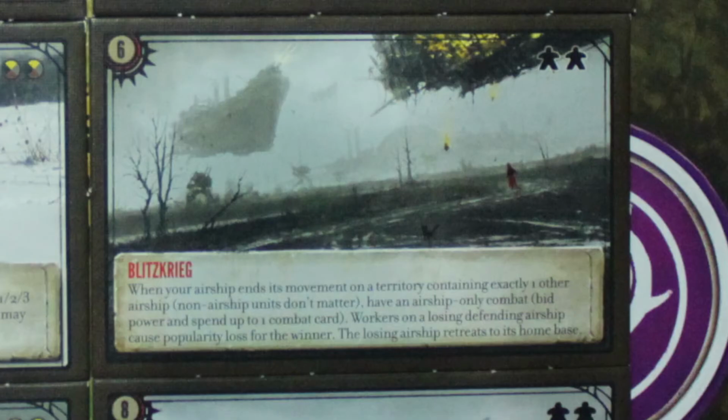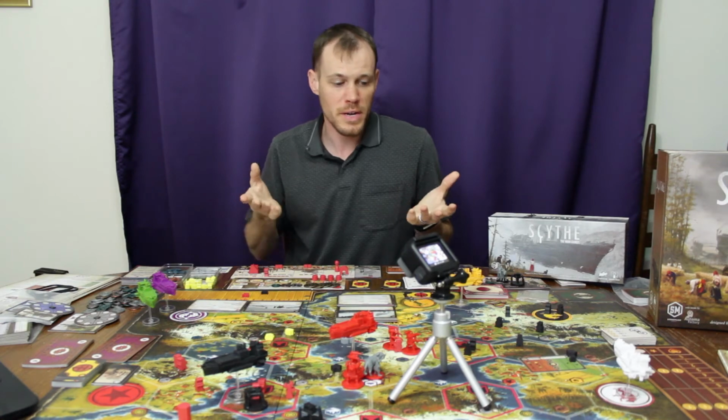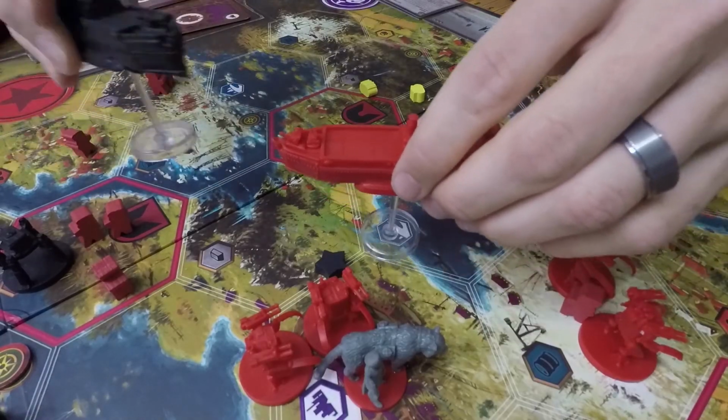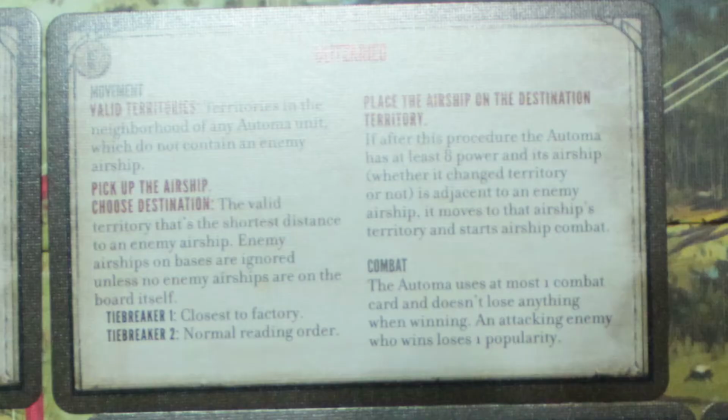Number 6, the Blitzkrieg. Oh, this one's a lot of fun when playing against other players. Basically, in the Blitzkrieg, your airships can get into combat with each other, and they have a normal fight, just like the ground units would, except it's just airship to airship. So, with the Automa, their valid movement territories are territories in the neighborhood of any Automa unit which do not contain an enemy airship. Once placing the airship on a destination territory, if after this procedure the Automa has at least 8 power and its airship is adjacent to an enemy airship, it moves to that airship's territory and starts